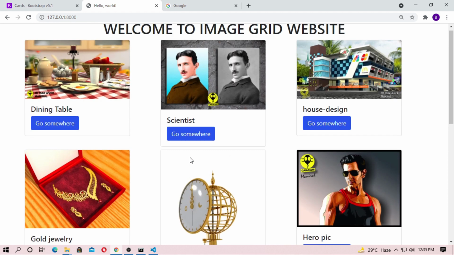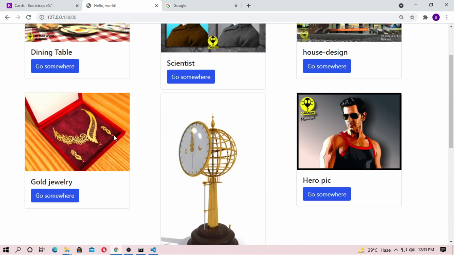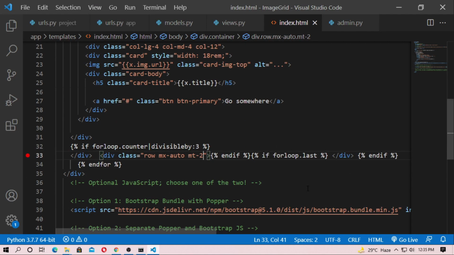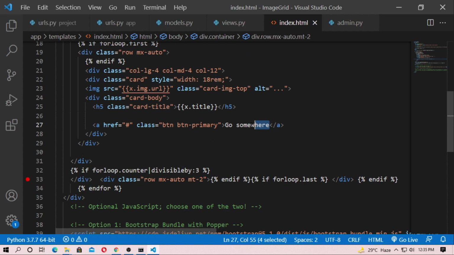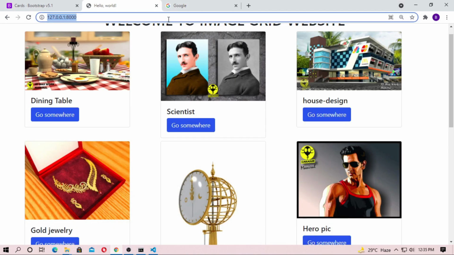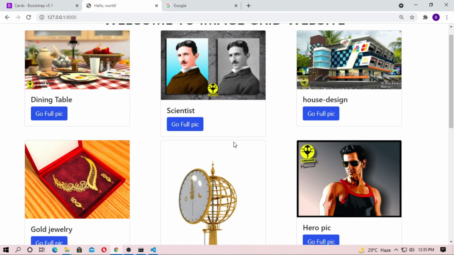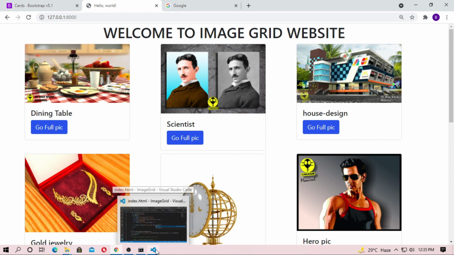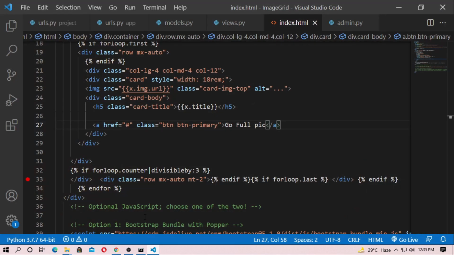Also these are the pictures, and now when you click on go full pic, you will be redirected to the detail page of the particular picture. So we have to create a detail page for every picture. For this, here if you click on go full pic, now just type the {% url